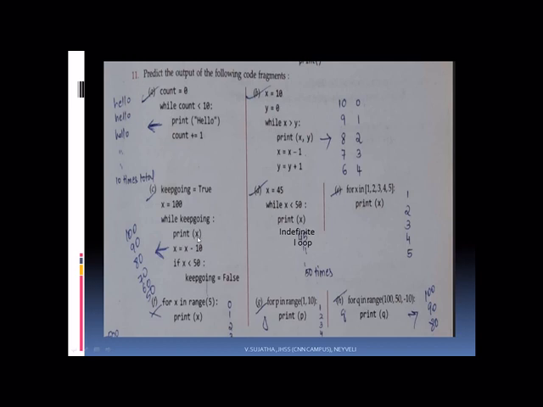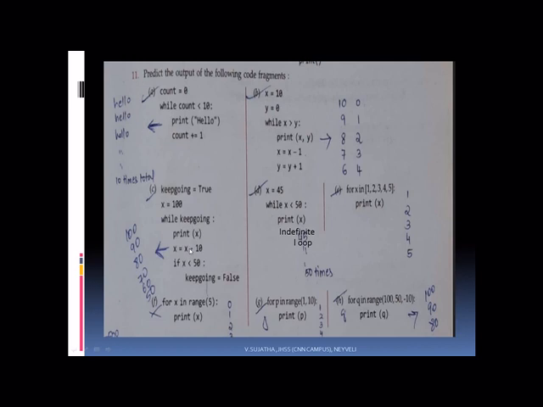That means 100 will be printed. X will be decremented by 10. So it will become 90. So 90 less than 50? 90 less than 50 is false only. So this statement will not be executed. Then the control will go to the next one. Again true. 90 will be printed. Then it will become 80. 80 less than 50, that time also it is false. So like that it will print 100, 90, 80, 70, 60, and 50 also it will print. Because while the X value is 50, 50 less than 50 is also false. That time also it is coming over here and printing the X value 50.